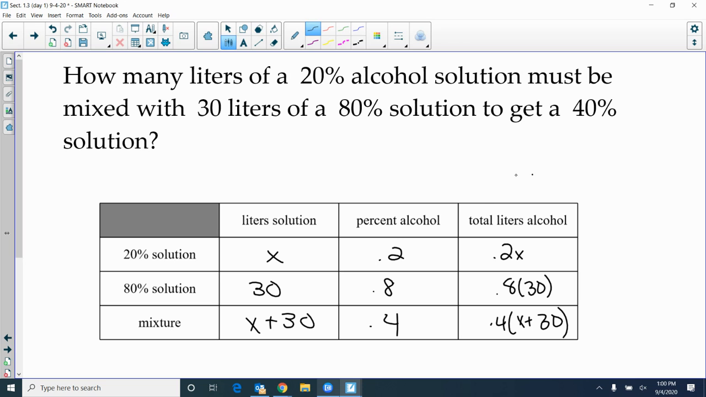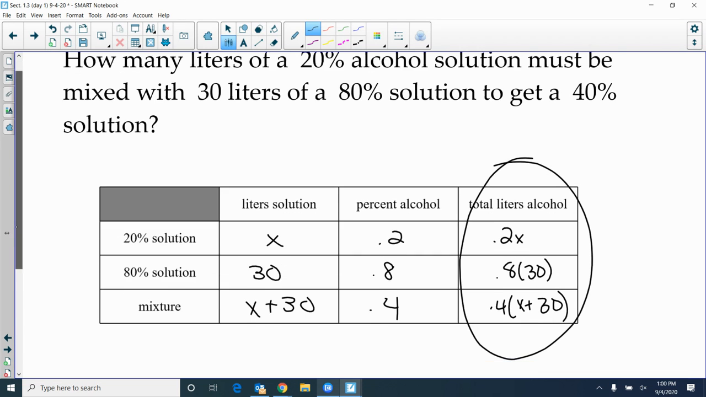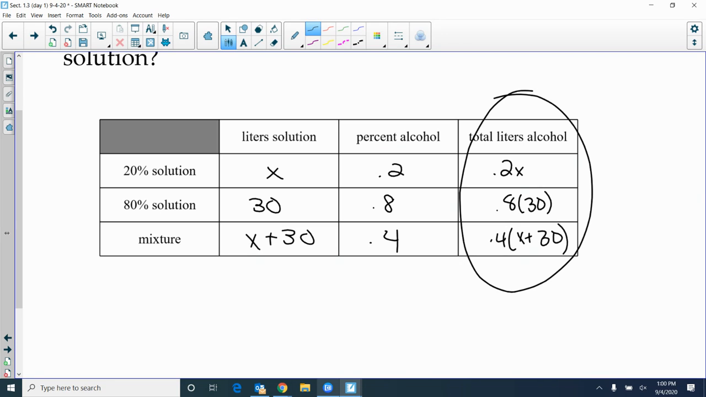Now this is our equation right there. We're going to make it our equation. You take the two columns, add them together, and they have to equal the third column. So the total liters of alcohol in the two solutions has to equal the final mixture. So it's 0.2X plus 0.8 times 30 equals 0.4 times X plus 30, okay? That's got to be our case. We solved it yesterday, and what did we get, 60? I'll jump back to a couple of the other ones, but let's just look at 60 for now, since we're on the same